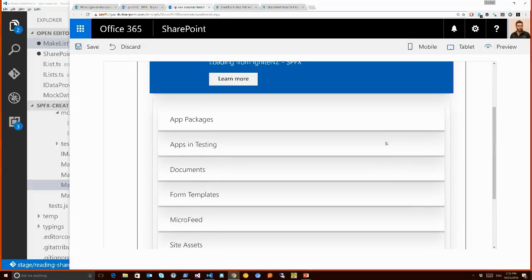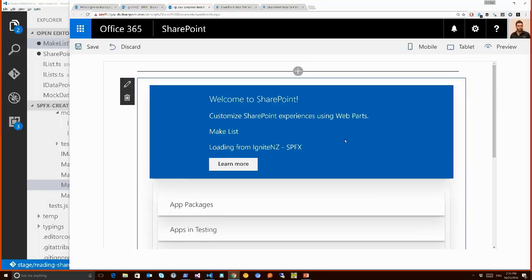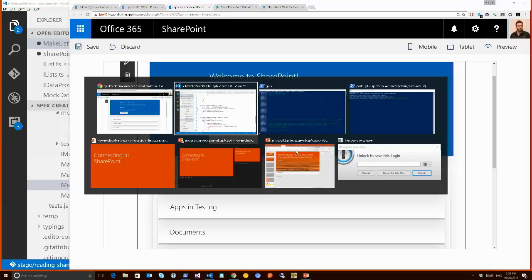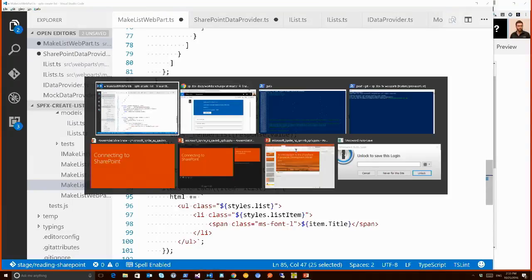Okay, so I'm able to get the list of stuff inside SharePoint. I'm able to make changes to this. What's more useful though is the ability to make changes against my SharePoint environment. I can see what's there, but I really want to actually write data back to SharePoint. So let's